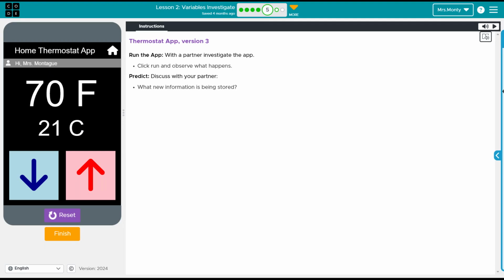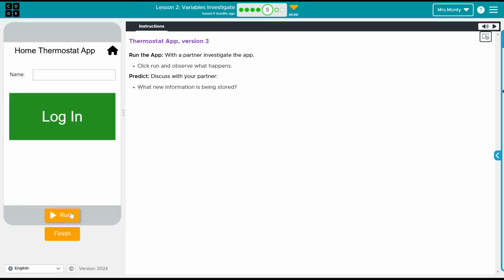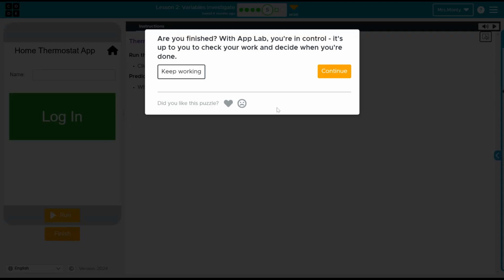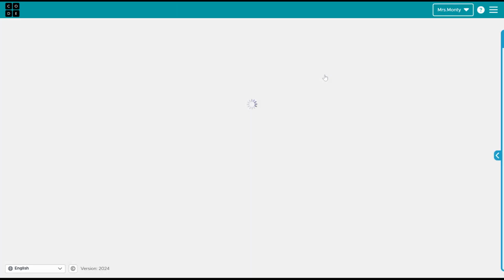Okay, so what information now is being stored with this new version of the app? Hopefully your answer is the name, right? It's storing our name, so when we log in, it will display a nice little welcome message to what we put in as our name. All right, easy peasy. Let's go ahead and finish and look at this a little bit more in depth in